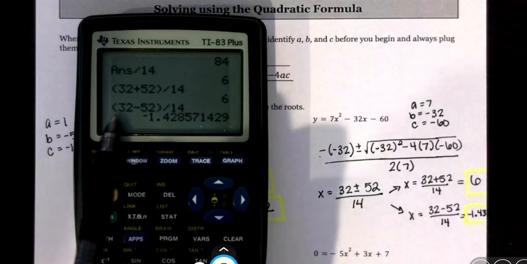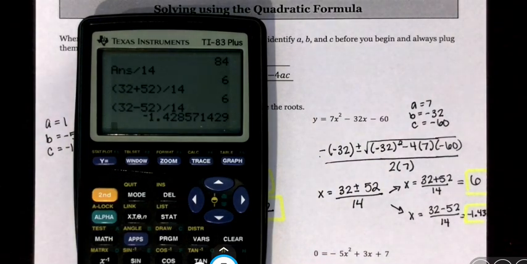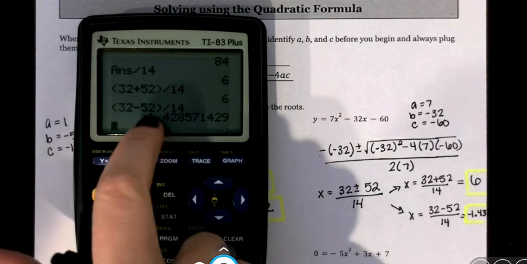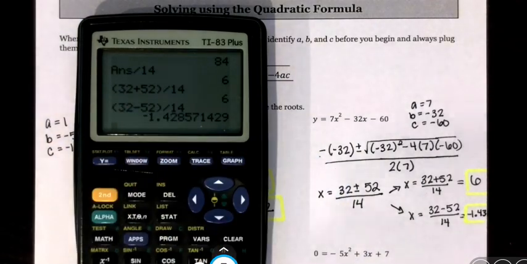If you don't put parentheses and type it in all at once, your calculator follows PEMDAS and will do the division before the subtraction or before the addition, and it will only divide the 52 by 14, not whatever the numerator would end up being. And so that's why it's important that you have the parentheses or you do the numerator first, hit enter, and